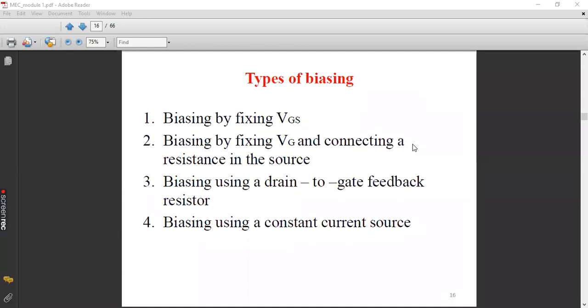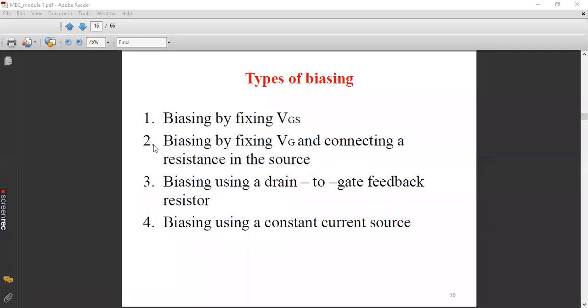You know that voltage gain is nothing but the ratio of change in output voltage to the corresponding change in input voltage, that is delta VDS by delta VGS. To get an appreciable voltage gain or a proper, faithful linear amplification, you have to maintain a constant drain current as well. Output current should always be maintained constant. For that, the Q point or the DC operating point should be in the saturation region.